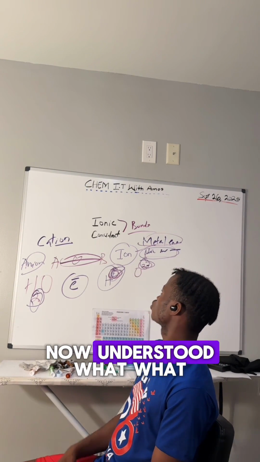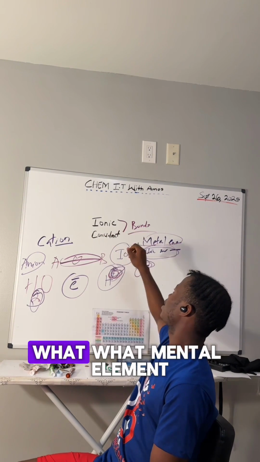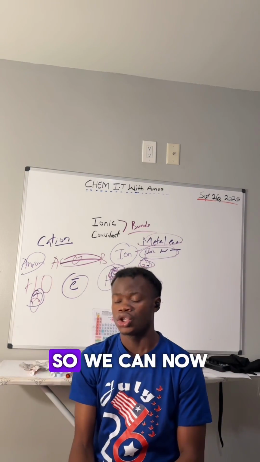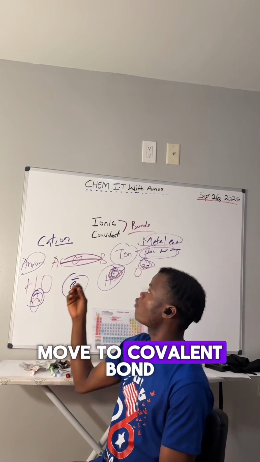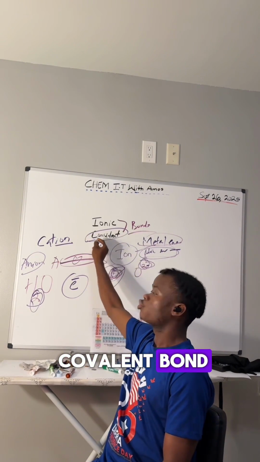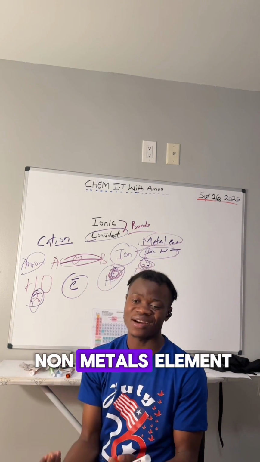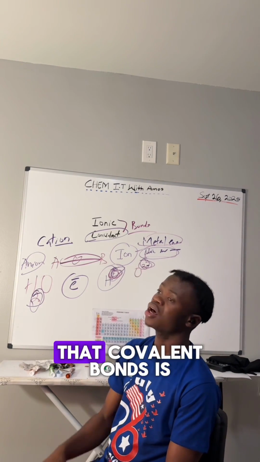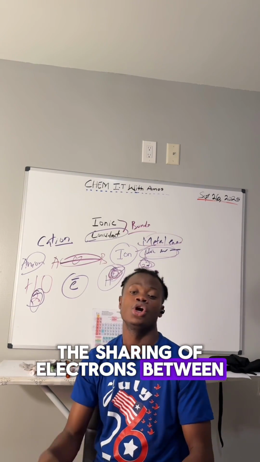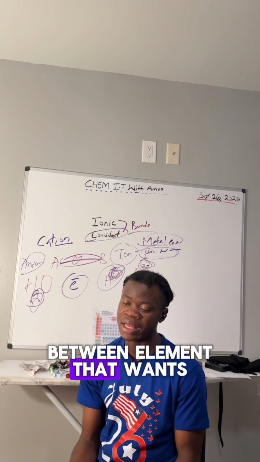So you have now understood what ionic bonds are, what metal elements are, and what non-metal elements are. So we can now move to covalent bonds. What is a covalent bond? A covalent bond mostly occurs between non-metal elements. We can say that covalent bonds are the sharing of electrons between non-metal elements, mostly between elements that want